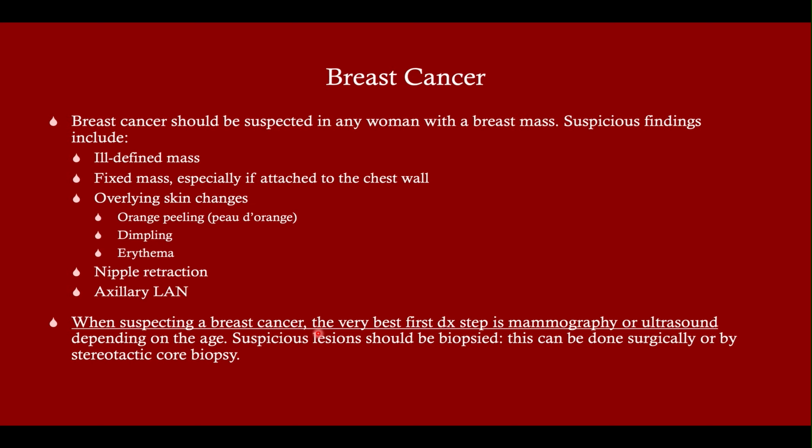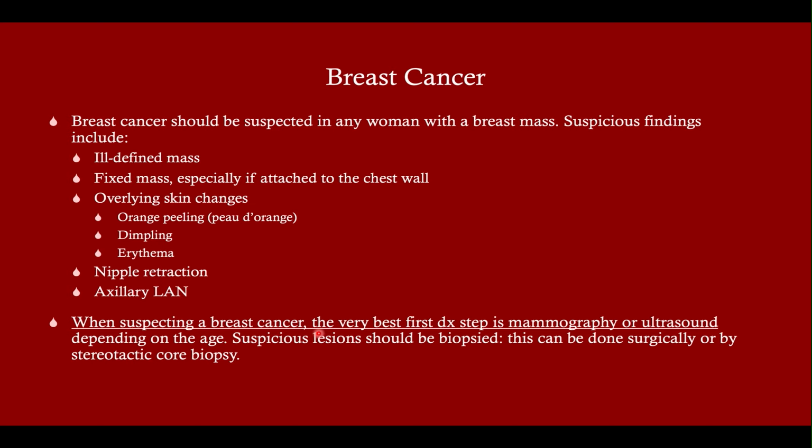Now, when you suspect breast cancer, the very first thing that you should do is imaging. Now, what imaging you get depends on the age of the patient. The rule of thumb is if the patient's over 30, you get a mammogram. If they're under 30, you get an ultrasound. But it really just depends on the density of the breast. You could have a woman in her 30s who's got really dense breasts. You may want to get an ultrasound in that case. And the reason is because mammogram is really just like an x-ray. And the ducts and the lobules really obscure the breast. And so it's really hard to see masses when you've got all those structures in the way. So in those cases, you want to get an ultrasound.